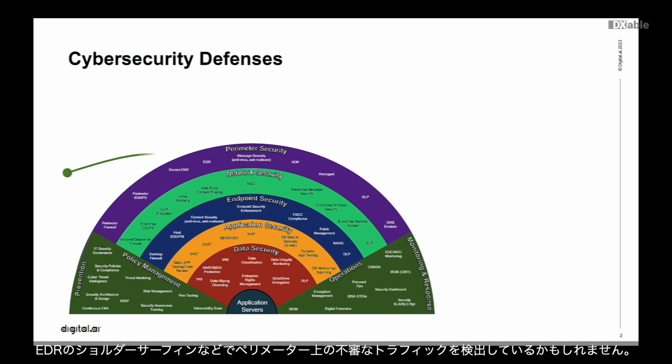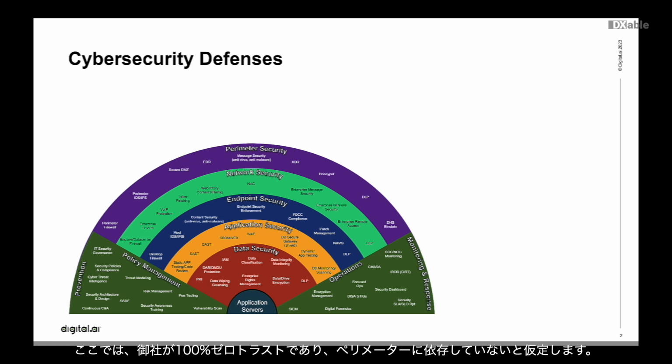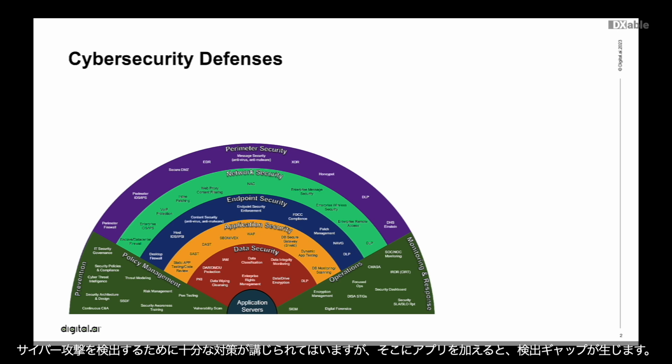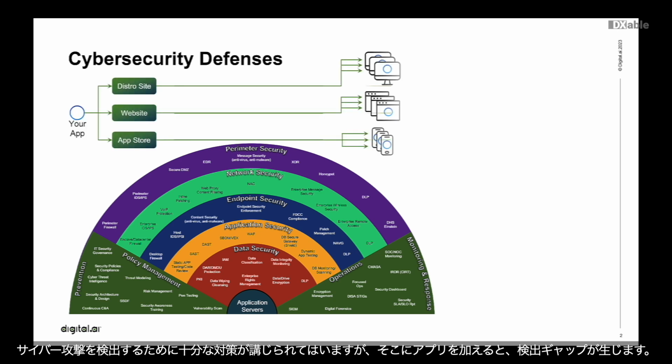Perhaps you use EDRs shoulder surfing to detect suspicious traffic at the perimeter. Here's a wild thought. Maybe you are 100% zero trust and you don't rely on the perimeter. Most likely you have a robust collection of people, processes, and tools to implement your threat detection. For the sake of discussion, I'll concede you have everything on this chart. You are fully wired to detect cyber attacks, and yet, when you add your applications to the picture, there's a